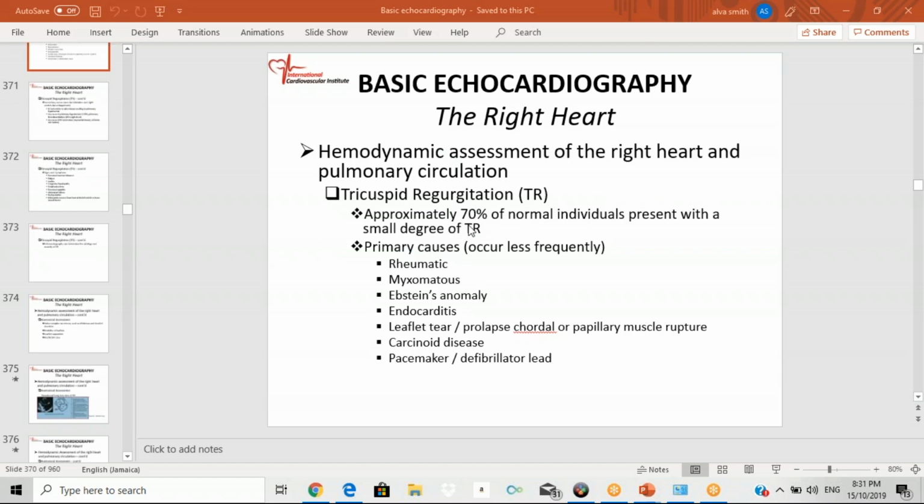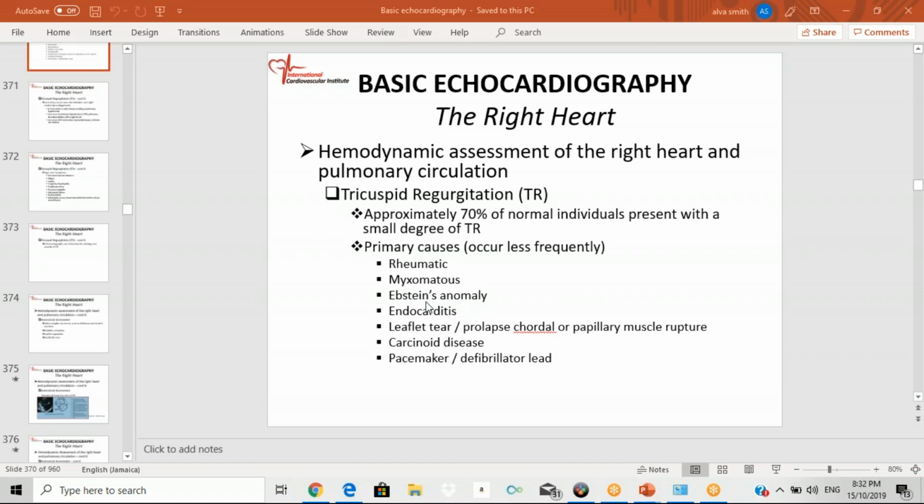But if you have a significant amount of TR, you have to know what's going to cause it. Rheumatic valvular disease not only affects the left side of the heart, it can affect the right side of the heart. Myxomatous change can affect the left and the right side of the heart. You're accustomed to seeing it more with the mitral valve, but it can affect the tricuspid valve. Epstein anomaly, not very common, but it appears on all tests. You have to know the definition of Epstein anomaly. You have to know how to recognize it,